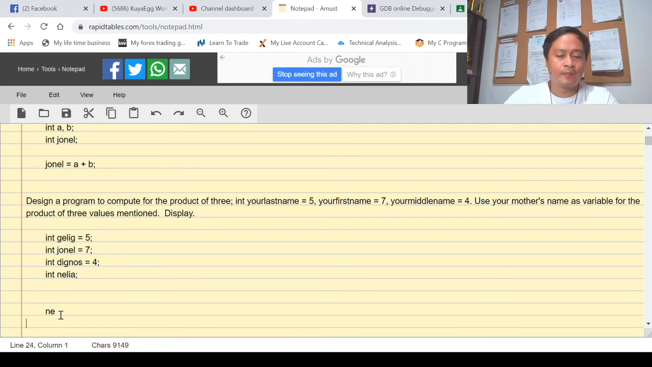And then at the middle part of my program, I can compute for the products of these 3 variables and display, right? This is a very simple program. This is a very simple problem, but the thing here is